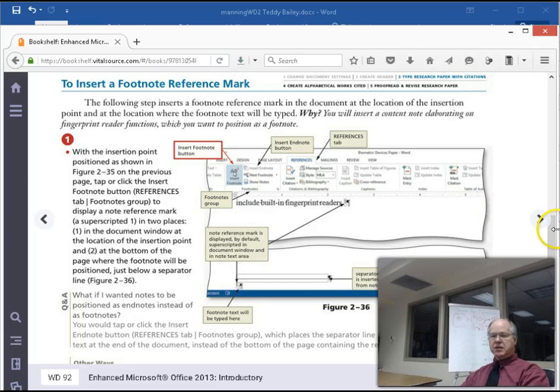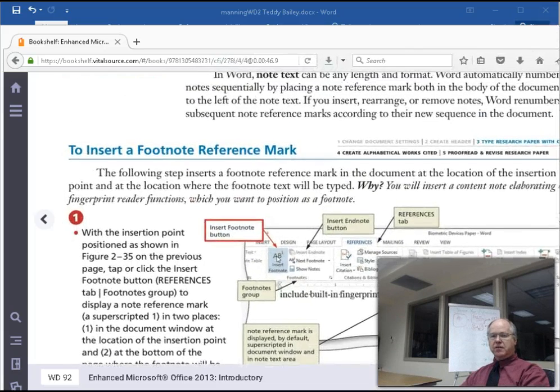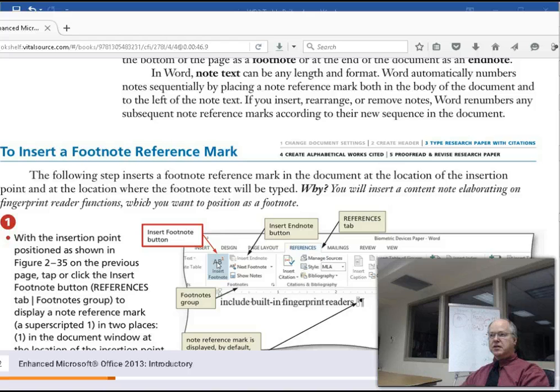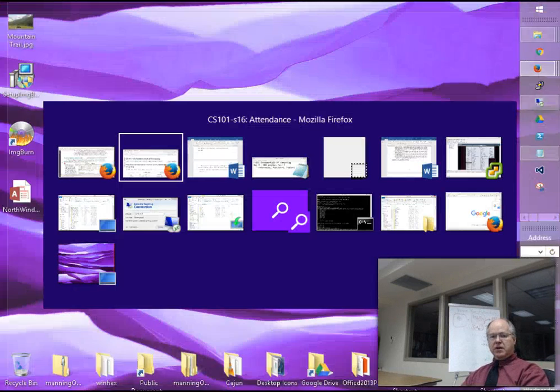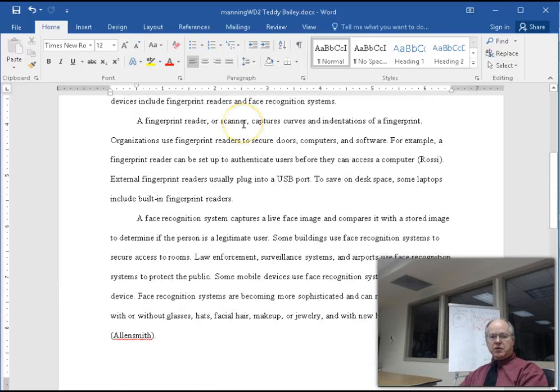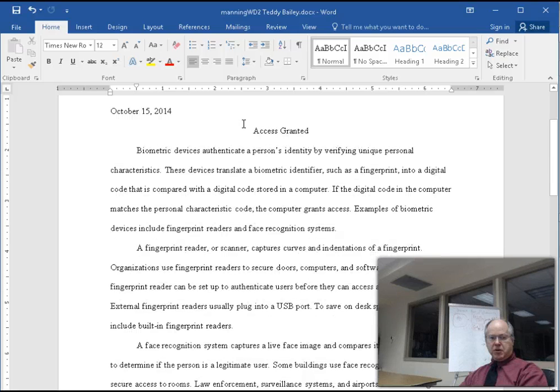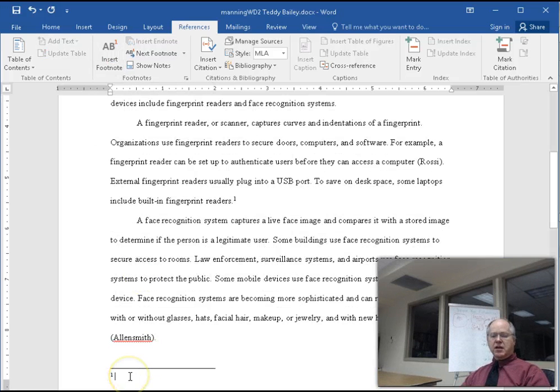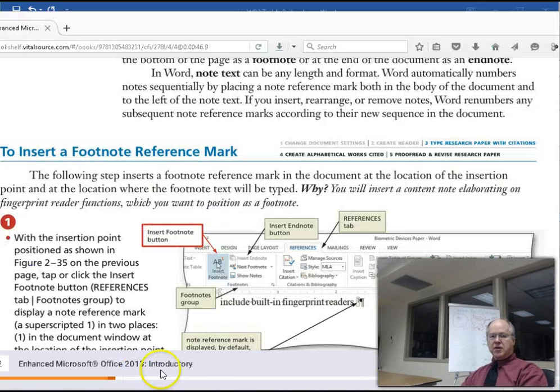Let's see if I can enlarge that a little bit for you. I finally figured out how to enlarge it. I just have to enlarge my browser window to enlarge the text there. All right, so back to Word. So where is the fingerprint reader sentence? There we go. It looks like the second paragraph, first page, right after built-in fingerprint readers. Then I do the references, insert footnote. Because this is the first note I'm inserting, it puts in a number 1 with a number 1 matching number 1 there. And now the text for my footnote they give in the book